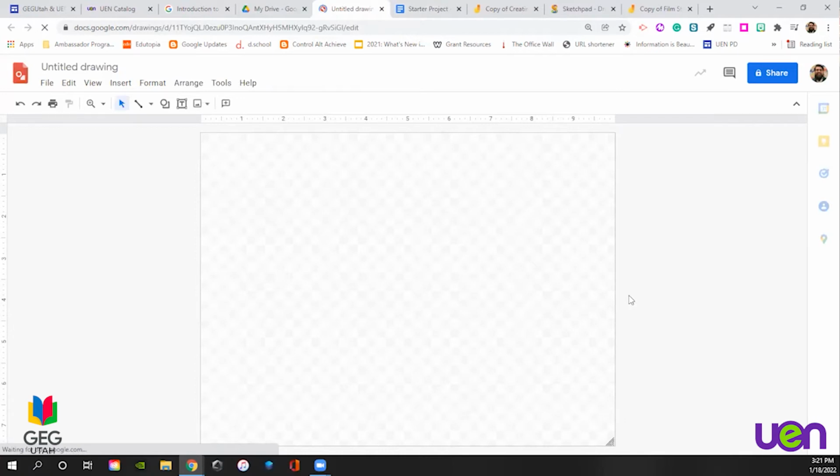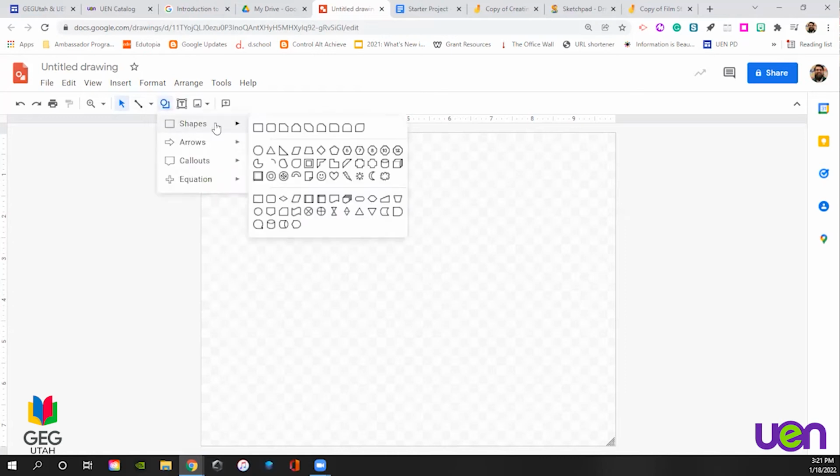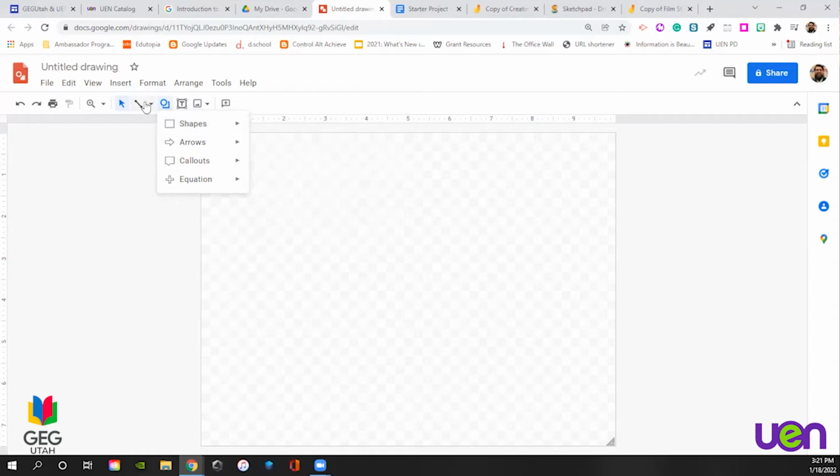So the first thing that we've got to do is we're going to make a 4-panel comic. We know that right off the bat. So we've got to divide our panels into 4. So we can do that a couple ways. The first thing is we could use shapes, and we could draw boxes and have those boxes wherever we want on the page. The other thing we could do is also use the line tool to draw lines to